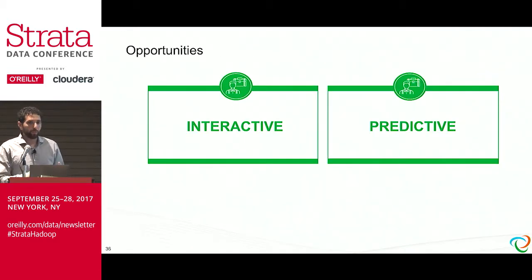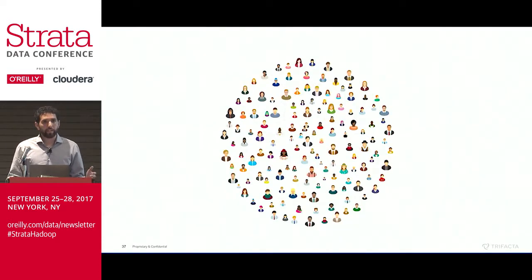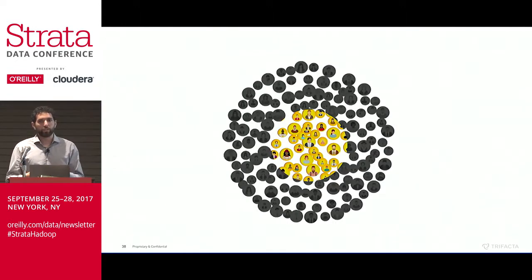So that first one was really about contracting the loop and making the loop itself more efficient. Now I'm talking about how you encourage more people to participate in the process. I think one of the ways to do that is by using some predictive technologies. The idea here is that if you look across the organization, there's often a ton of people who want access to data. But generally speaking, there's only a small subset who actually have the skills necessary to prepare it, to clean it,